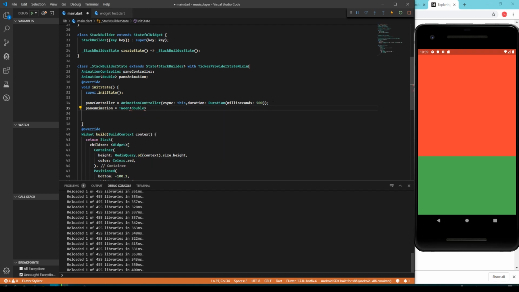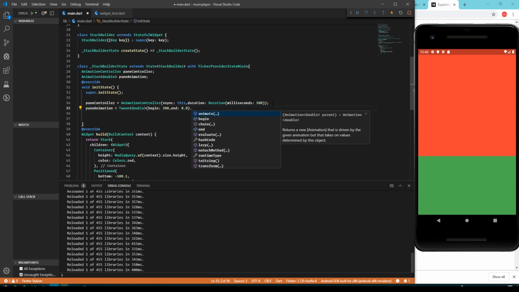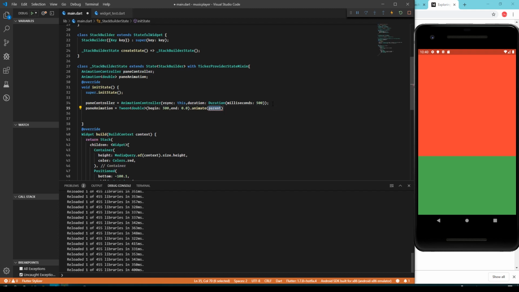Now what we're going to do is make it begin with somewhere around 300, and we are going to end up with 0. Then we are going to say animate, and it accepts the controller, but we are going to maintain the curve as well. So over here we are going to say a curve,